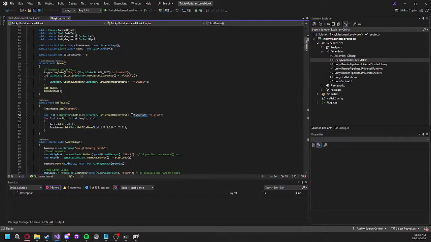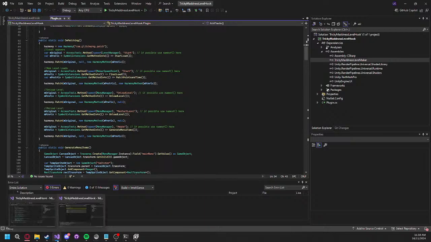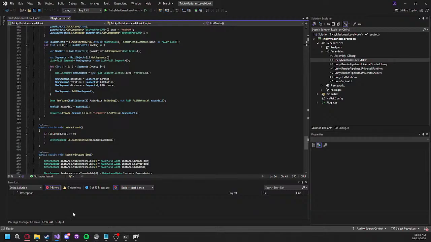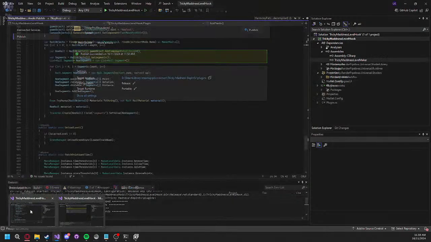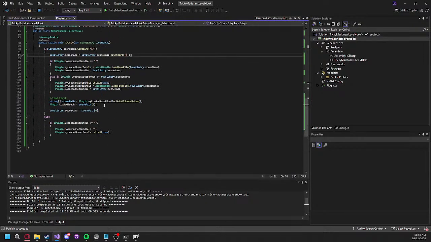Oh, I am literally just grabbing the path. Okay. So, just for the moment, I'll hot patch it. Not the correct method, but I'll just patch it so it does it instantly without me having to,